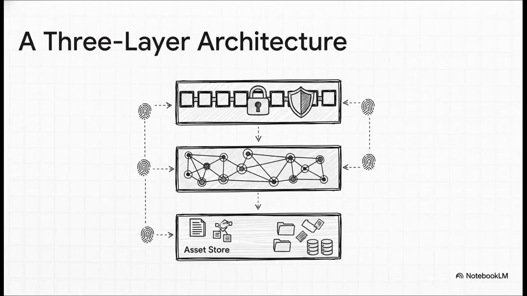So, a really practical system designed for this uses a 3-layer architecture. First, you have layer 1, the asset store. This is just where your files actually live. Think of a data lake or something similar. Then you've got layer 2, the provenance graph. This is where the semantic story lives, the W3C PROV stuff, which makes it super fast to query. And finally, layer 3 is the immutable log. This is where you put your cryptographic proofs, like your hashes, anchored on a blockchain. It separates the story from the proof, which is really